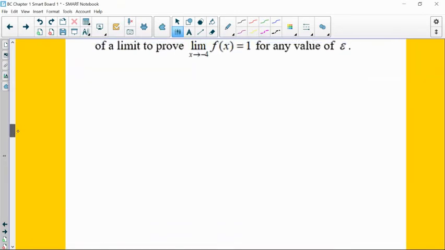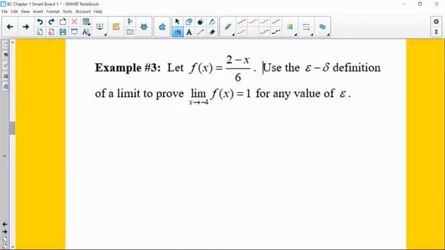And then maybe we can choose, let's try one more here. So we're approaching -4, and notice it's looking for any arbitrary